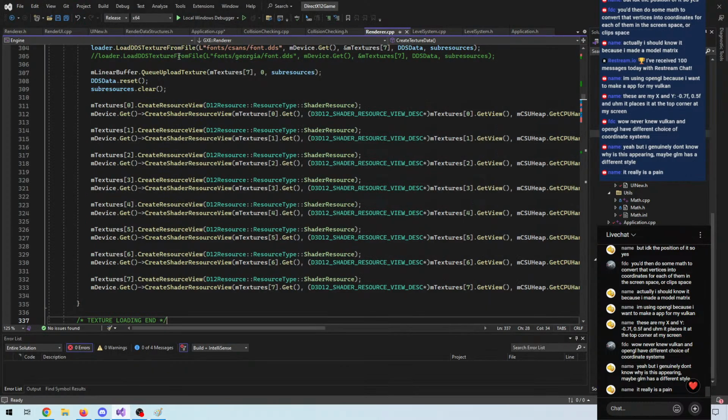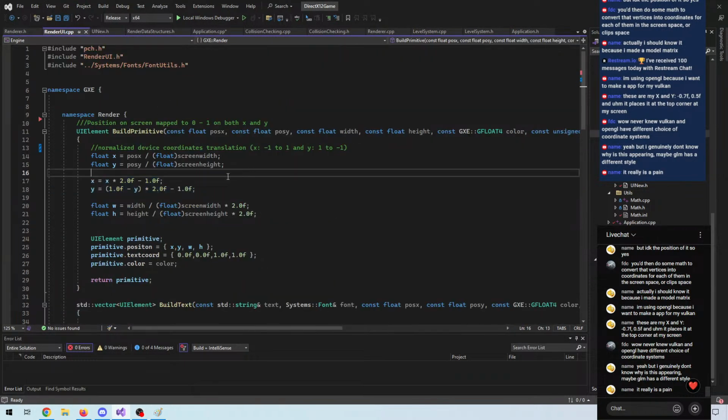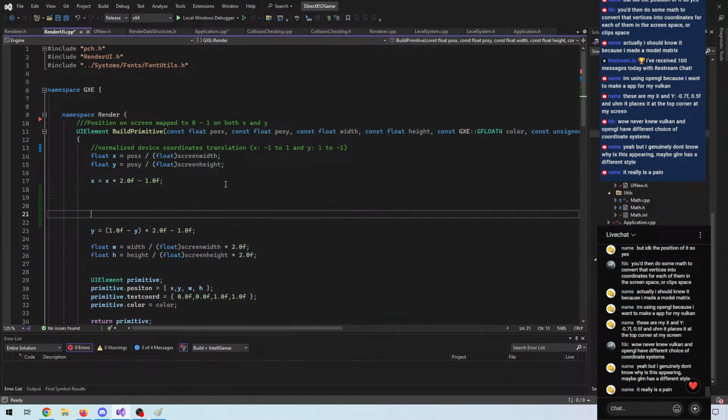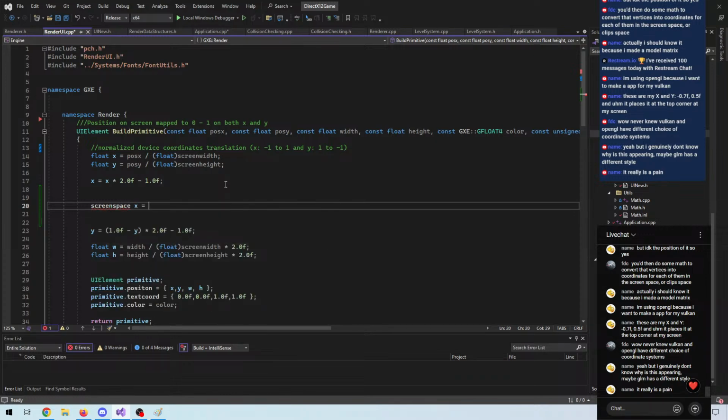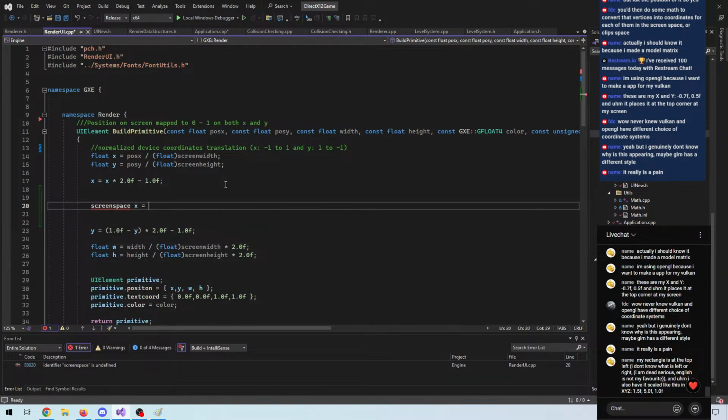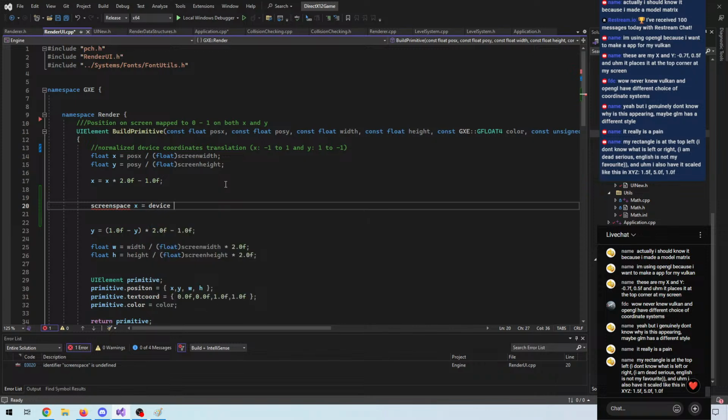So it's basically mathematically the inverse of this function here. You could get your old screen space x equals device space x divided by